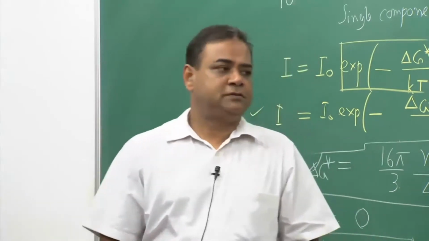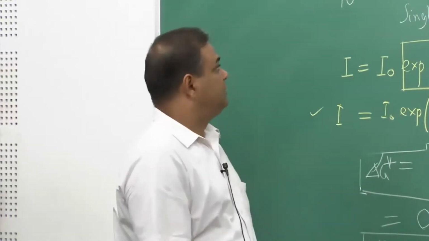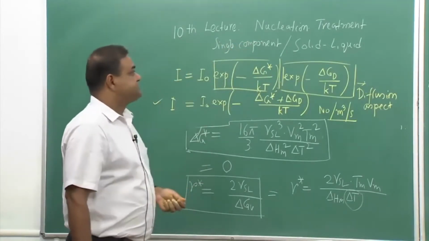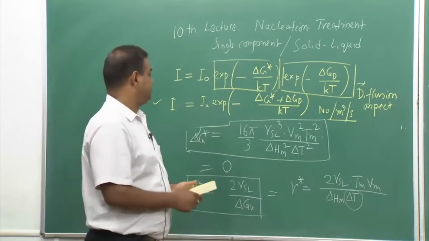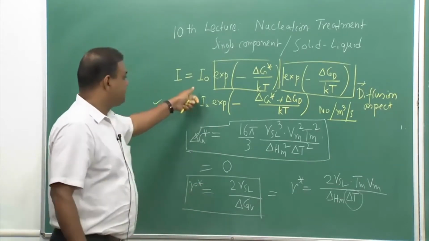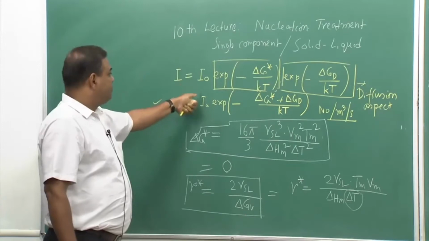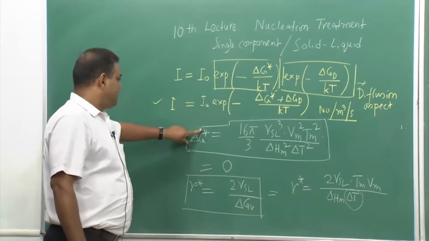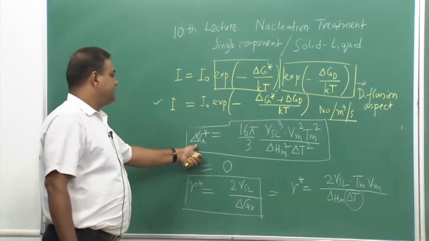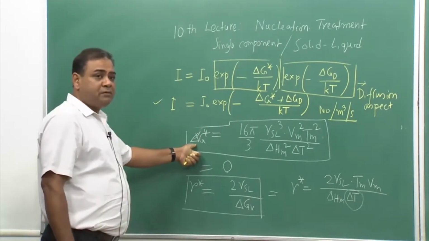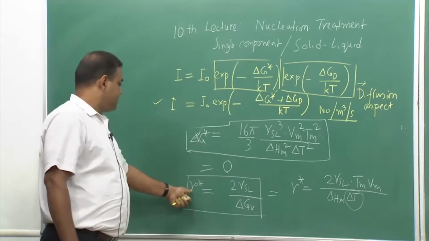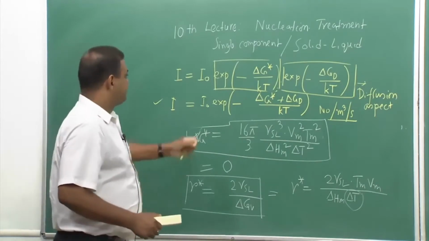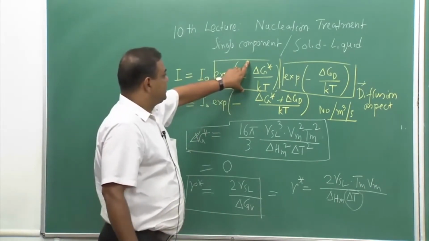We shall start the 10th lecture. This will continue the discussion on nucleation treatment, single component system, solid liquid transformation. If we see in the last lecture, we have found this expression, where this is the critical nucleation barrier or activation energy, this is the critical size, this is the nucleation rate, where this term is taking care